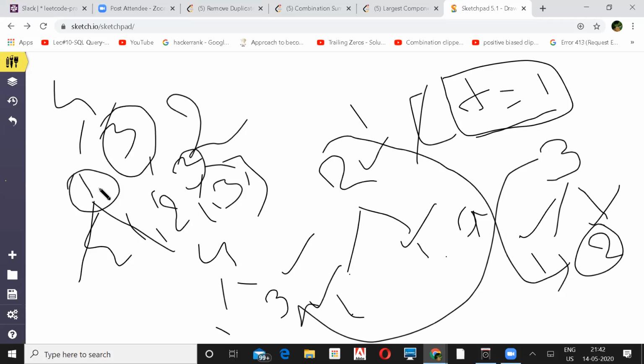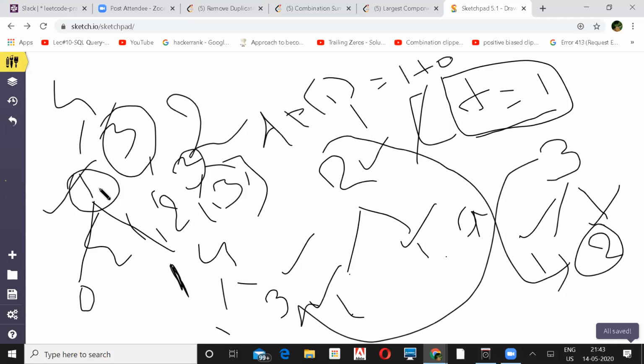Because from here I'm not making this as a base case. From here it came 0 1 0. How will you write dp of 1? dp of 1 you'll write like that only. No, dp of 1 is equal to dp of 1 plus dp of 0, and for 0 I have 1 way.